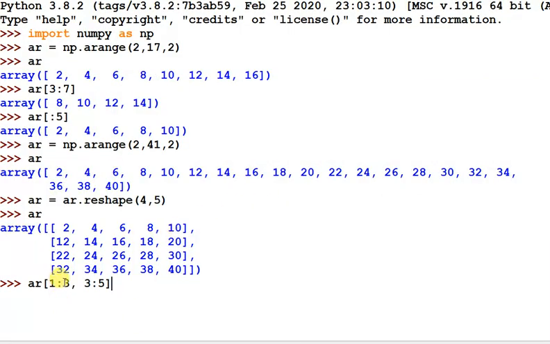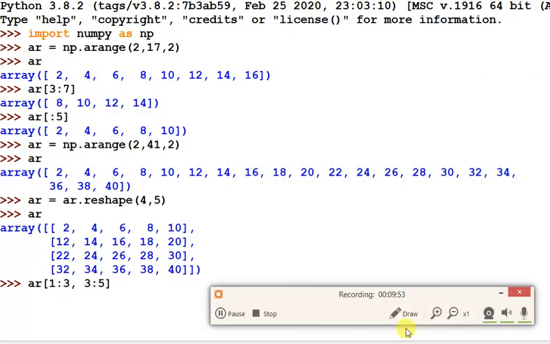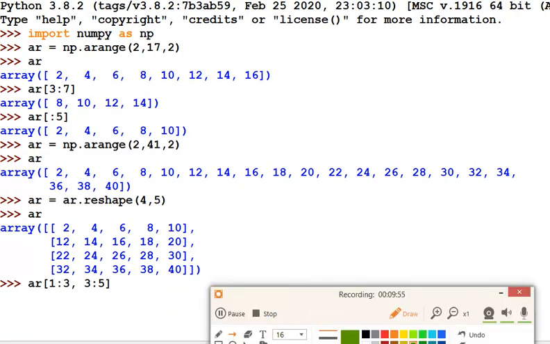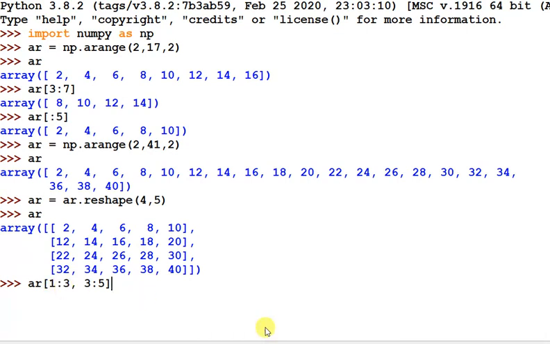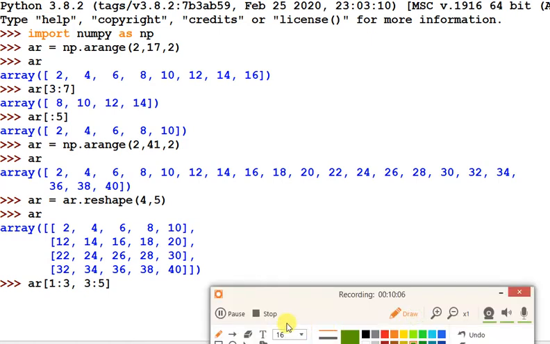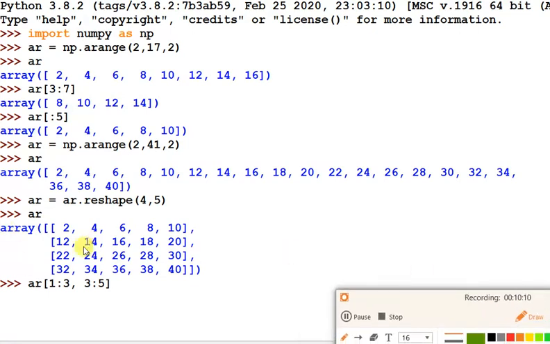So first you extract the rows. This is the 0 index, so this is at 0 index, and 1, 2 and 3.